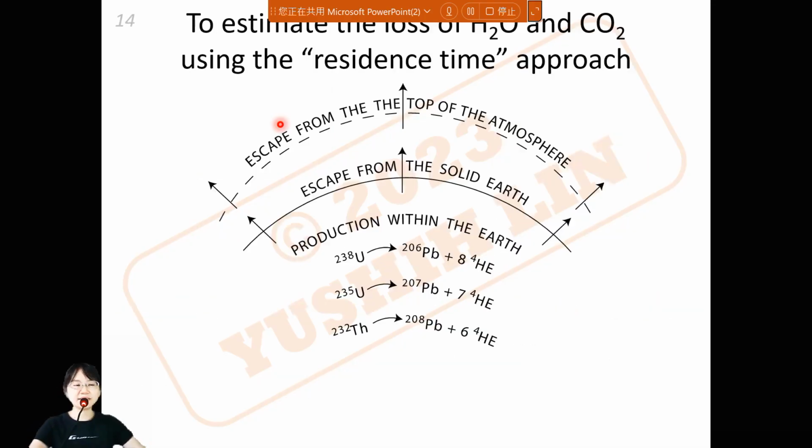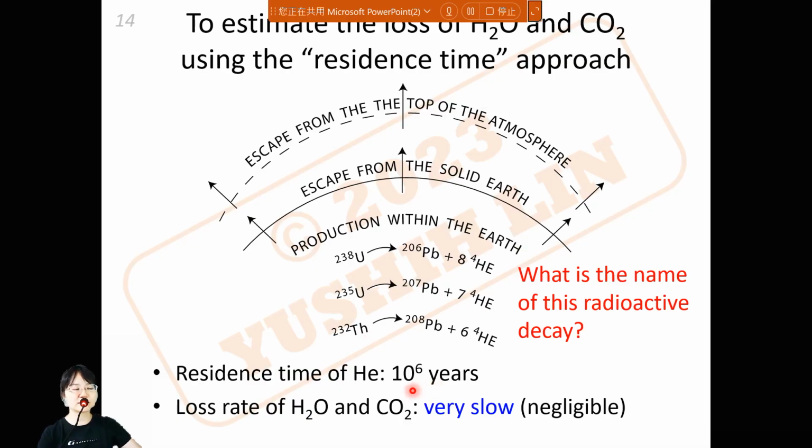So this is our case where we want to calculate the residence time. We have the stock of helium in the atmosphere, and we also know the production flux by rock. Based on the assumption of steady state, the outflux here should be the same as the influx. We can use the stock and the flux to calculate the residence time. So this is the residence time. The residence time of helium-4 in our atmosphere is 10 to the 6 years.